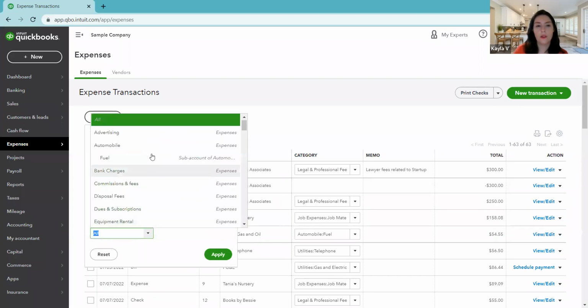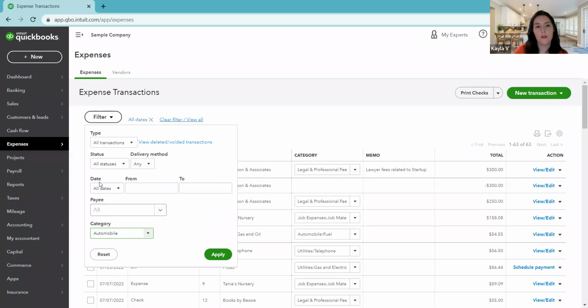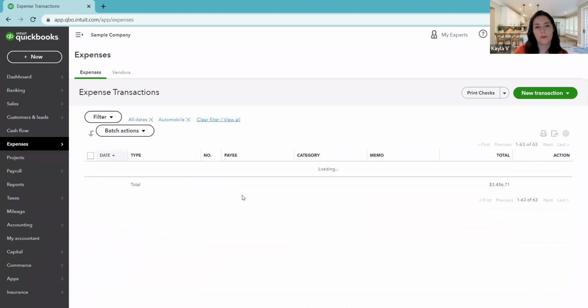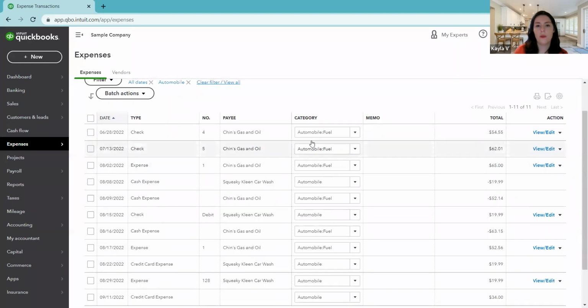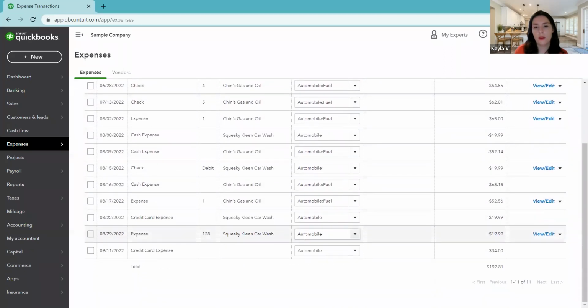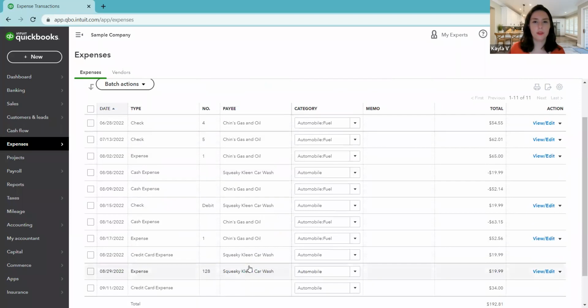You could also filter the category. I only want to see automobile expenses for all dates. And now we're seeing all of the automobile expenses, including anything in the subcategory. So we've got fuel as a subcategory of automobile, so that's included in this list as well. So that could be useful to what you're trying to do. Now that we're here,